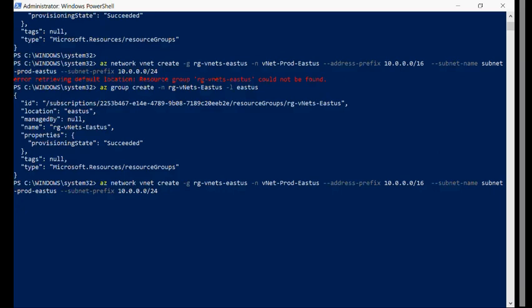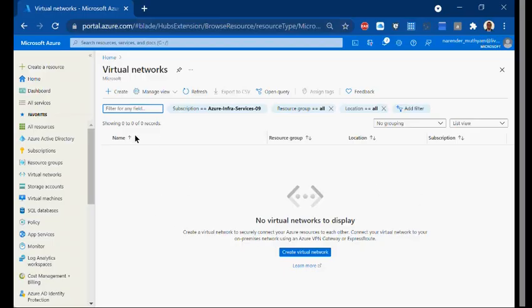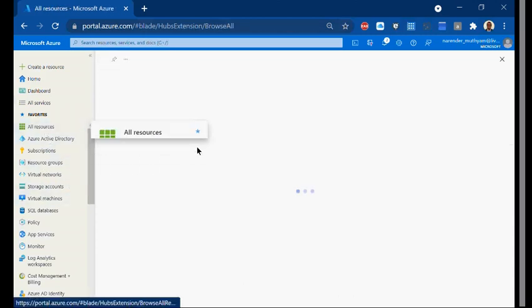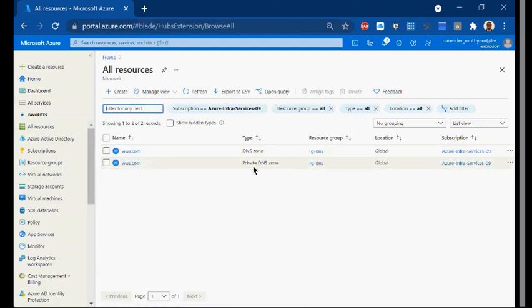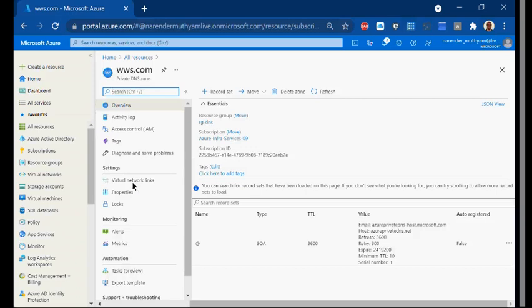Once I have that, I can associate it with the DNS I've just created. So these are the resources I have in my company now: the private DNS and the public DNS. If I go to this one, I have to link my VNets. The moment I link my VNets, any VM created within that VNet will get registered with this DNS automatically.